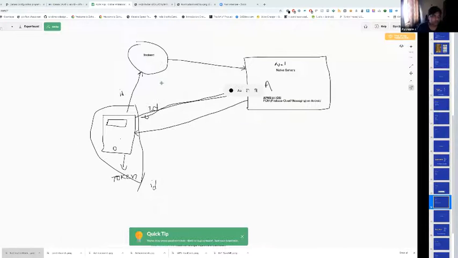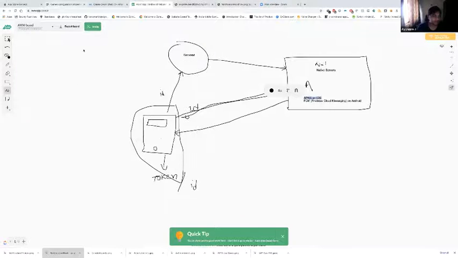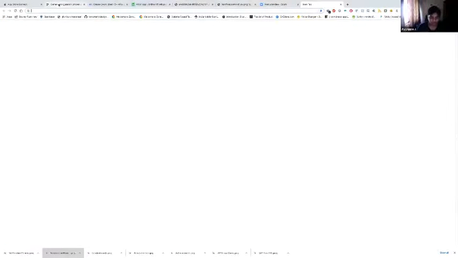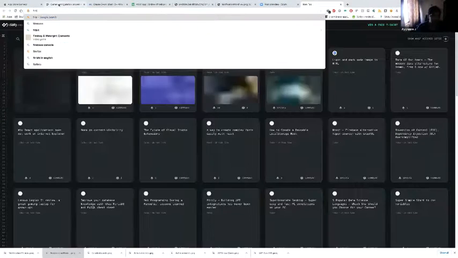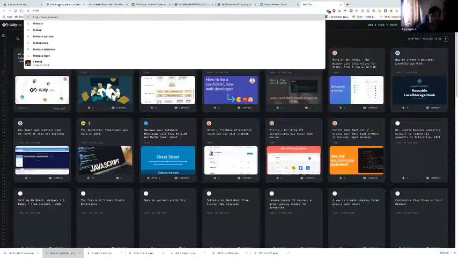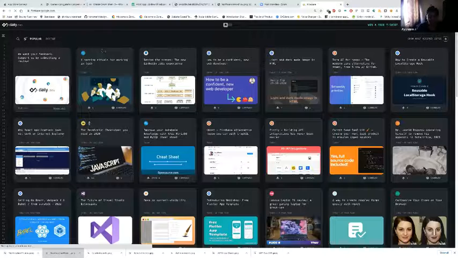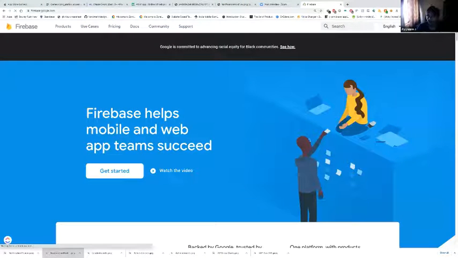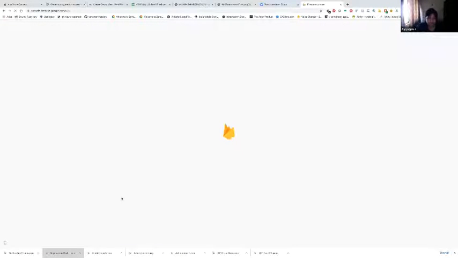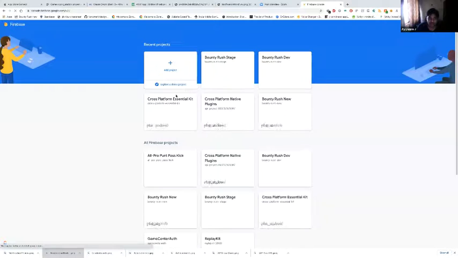So coming to the setup, as I mentioned, native servers on Android are basically handled by Firebase. Firebase is a backend platform where you can configure your cloud messaging, and there are a hell of a lot of other services as well.